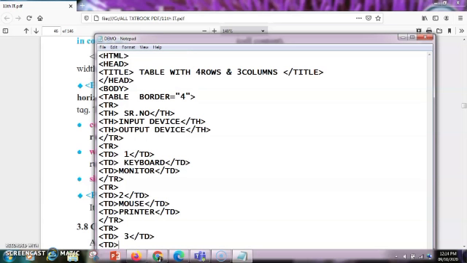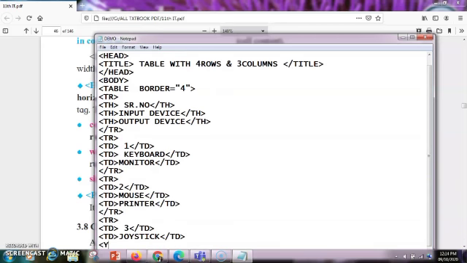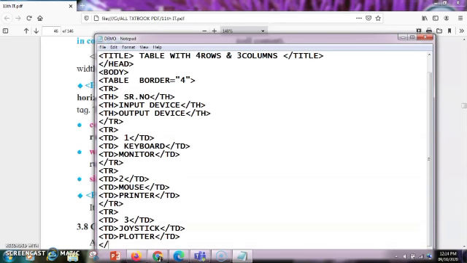In that we'll be typing joystick and plotter. So this is joystick, and then I'll end the td tag. Then I'll write td plotter and then I'll end the td tag and then I'll end the last row.